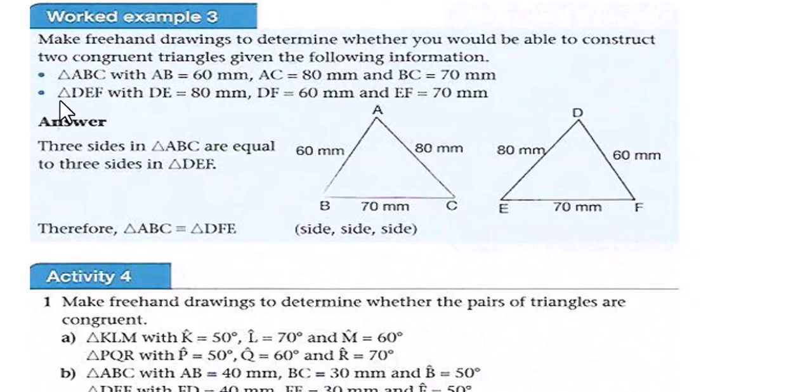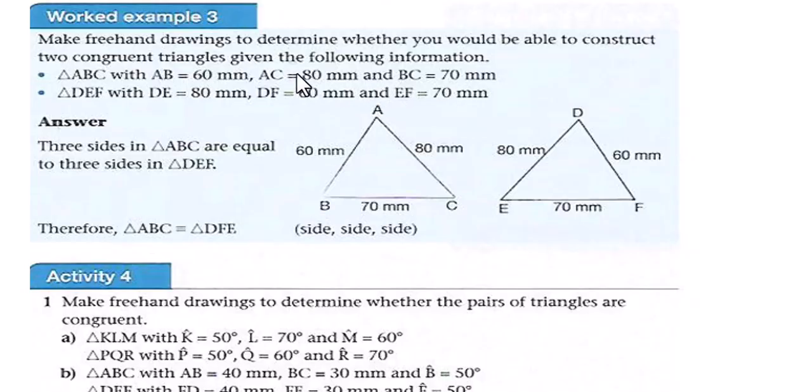Then triangle DEF with DE equals 8 centimeters, and DF equals 60 millimeters. So 80 millimeters here, and then 60 millimeters, and also EF equals 70 millimeters. So in this particular case,